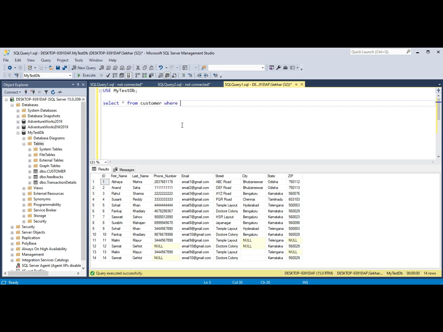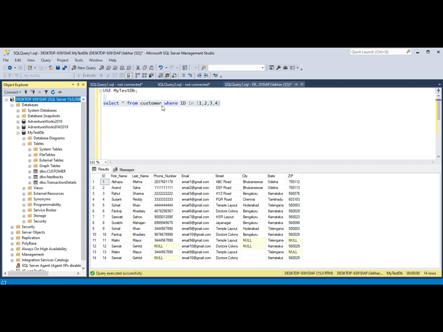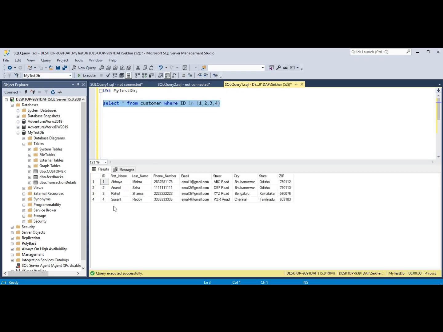So how we write it is like, where, suppose we want to see the records for which the id is 1, 2, 3, 4. If you write this query, it will return only the 4 records mentioned in the IN clause.